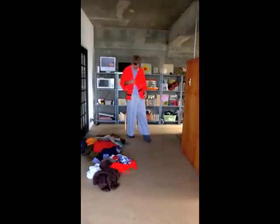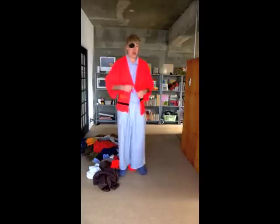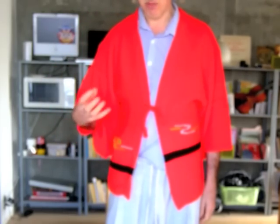This is, where did I get this? This might also be from Emerald Famille. This is so Japanese, and I love this. Despite the fact that it's actually a smoking cardigan, and you can see it's got smoking cigarettes on it. I don't know if that's visible. Other camera. Smoking cigarette motifs. And this is a very bright, I don't know if the camera's able to pick up just how bright the red is